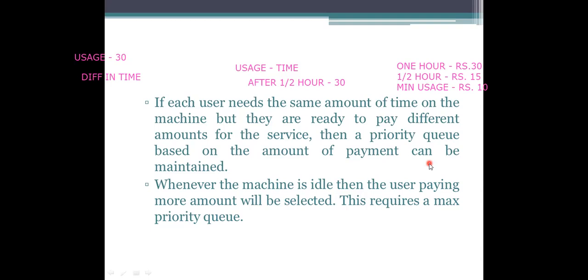Whenever the machine is idle, the user should not pay for these idle machines. They have to pay only for the service used for the particular amount of time. So for further representation, we use priority queue representations. This is an application also: if you want to maintain queue-like processing for this, the amount will be charged as the priority and the service we provide will be low.